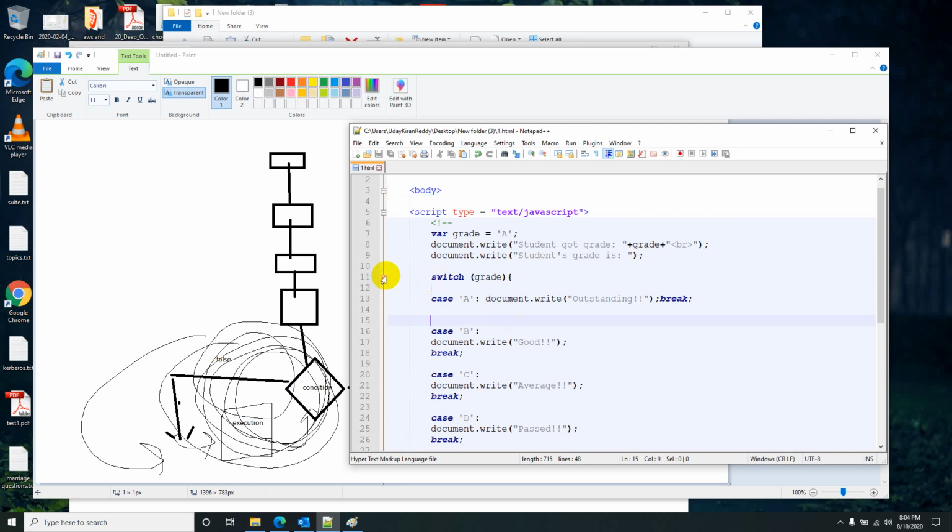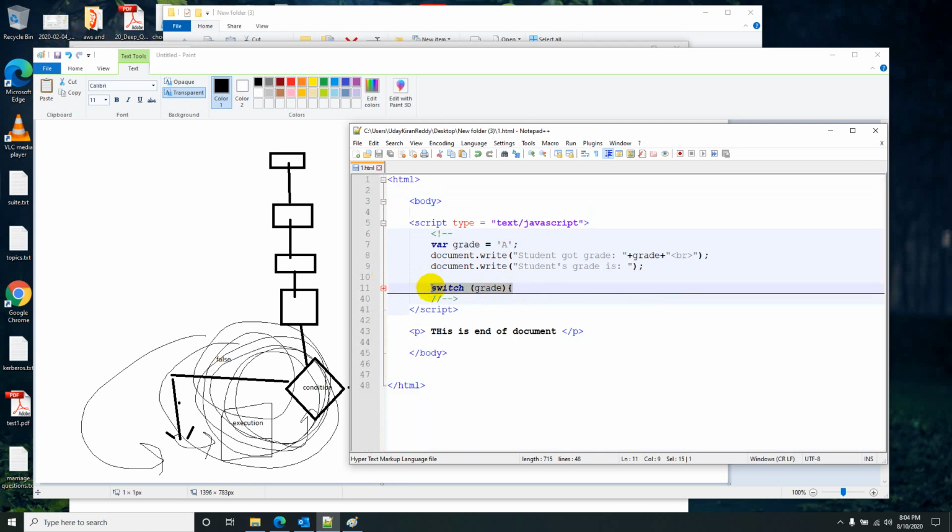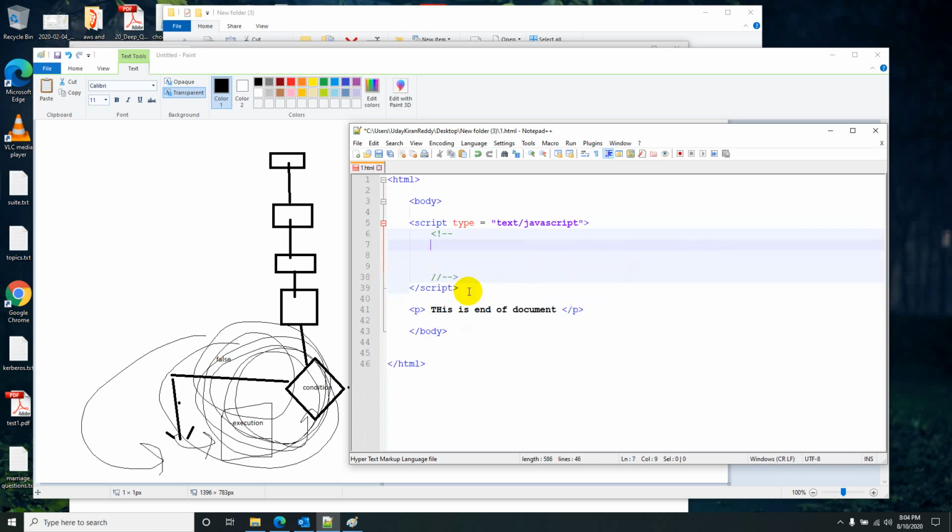I will remove this switch case, and I will remove all other variables. Let's say I will create a variable like this, count, and I will keep the initial value as 0.